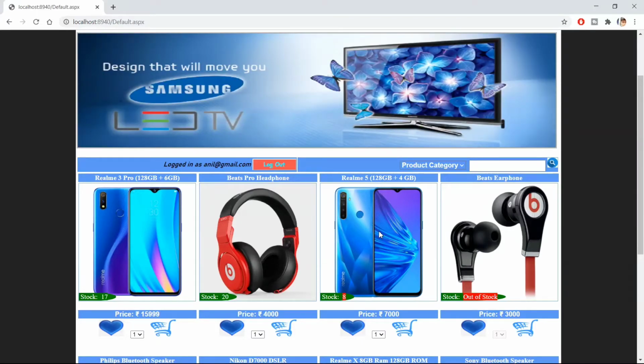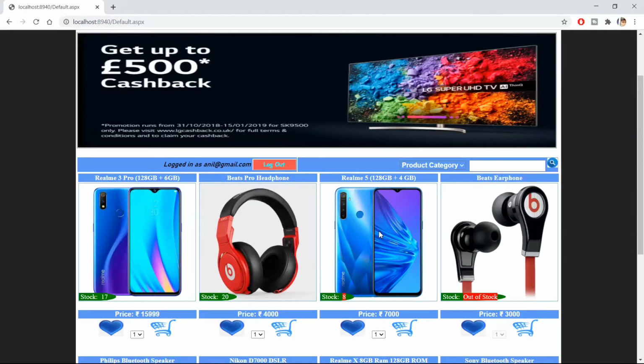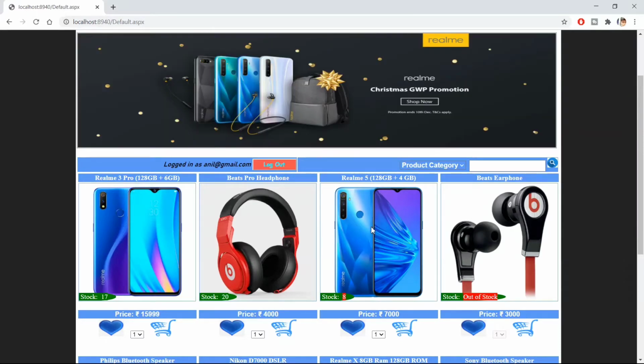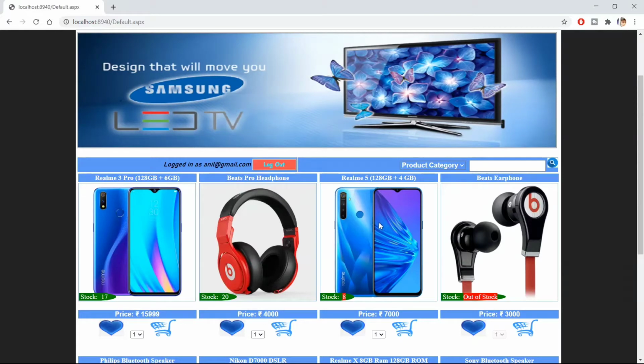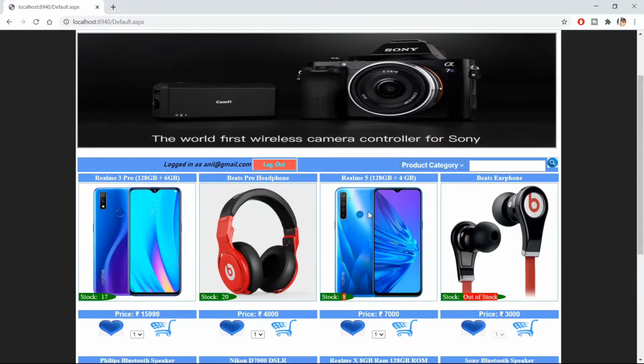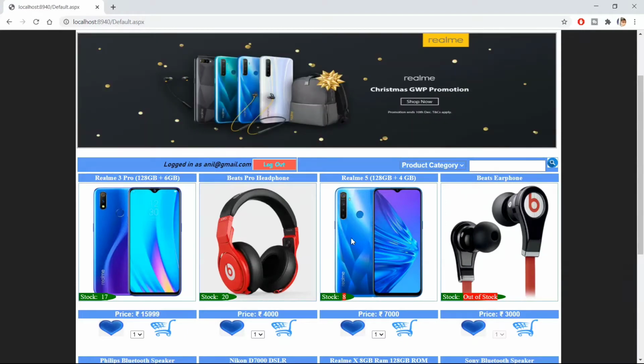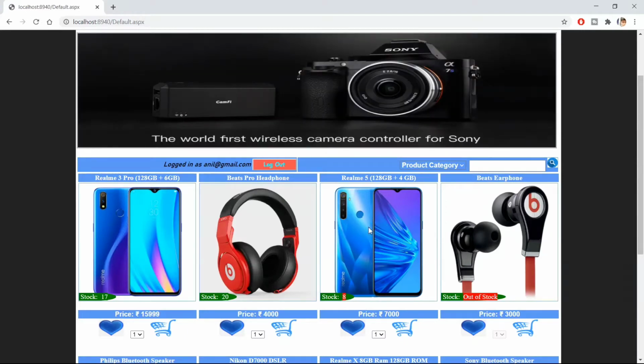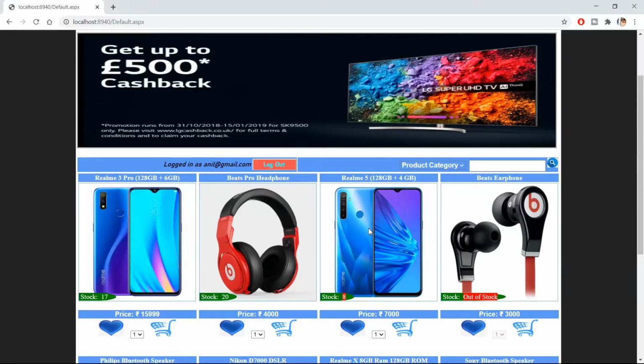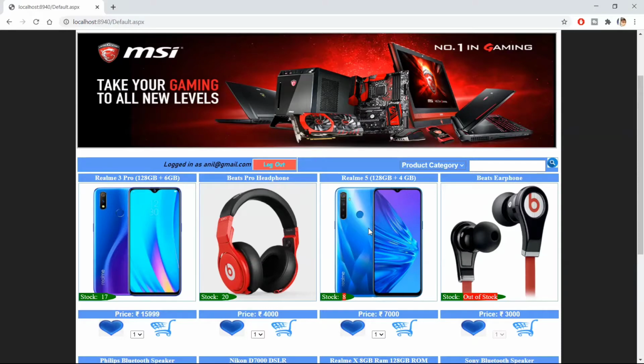That means when the user clicks on this image, he or she should be redirected to the product details page, where they can find the details of this particular product only. So we are going to see that today. Guys, let's get started.